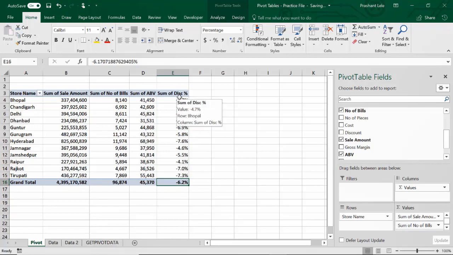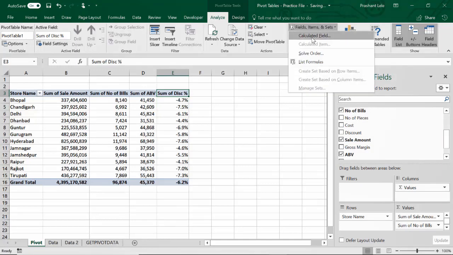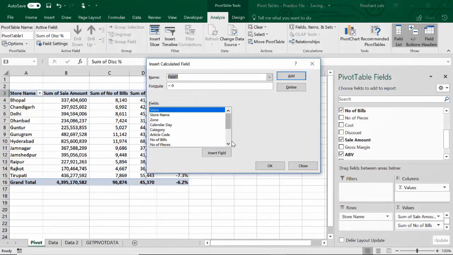Again, one more example, average pieces per bill means how many pieces or how many articles, how many products I am selling per bill on average basis. So I'll again go to Analyze, Calculated Field, average pieces per bill is nothing but number of pieces divided by number of bills.